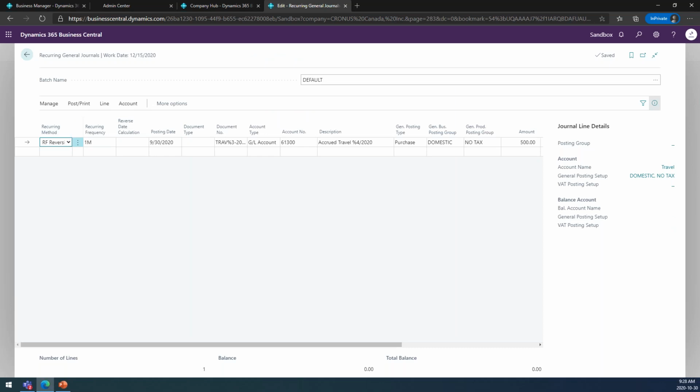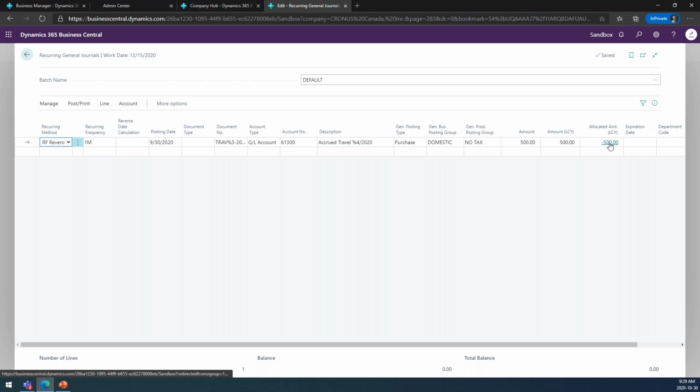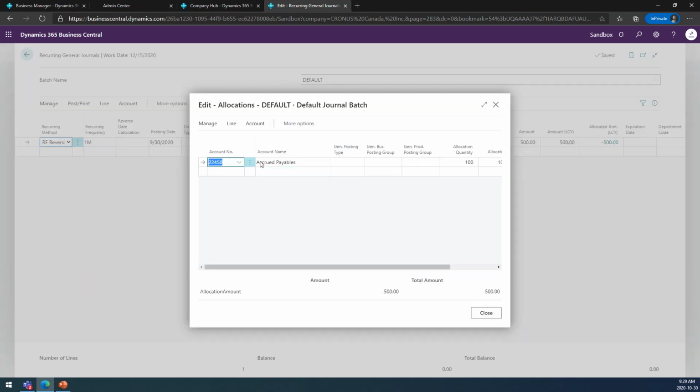So for those of you who don't know what the recurring journals are, this is a journal that allows you to set up a template for ledgers basically. So you're saying, for example, you want to post accrued travel expenses every month at $500, and the balance account for that would be the accrued payables. So you have the travel expenses and then the accrued payables. So 100% of that would go into